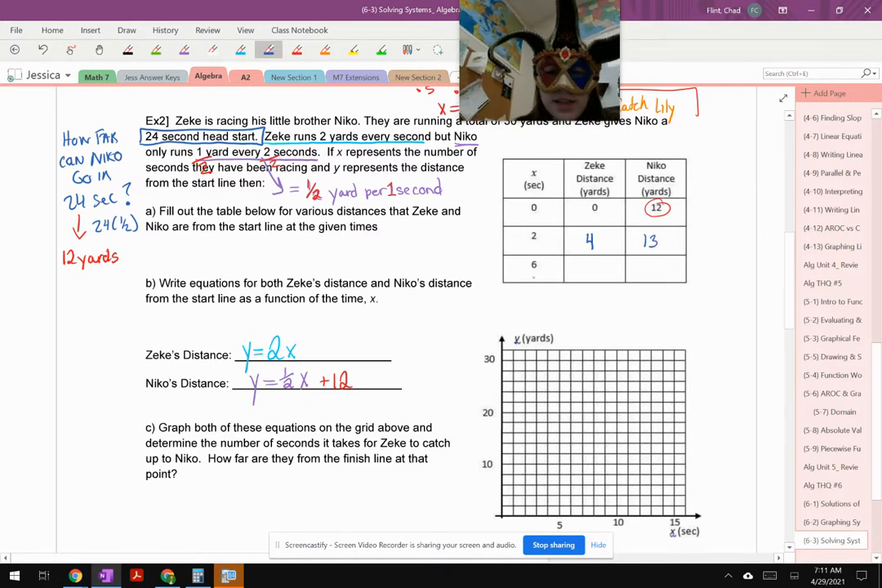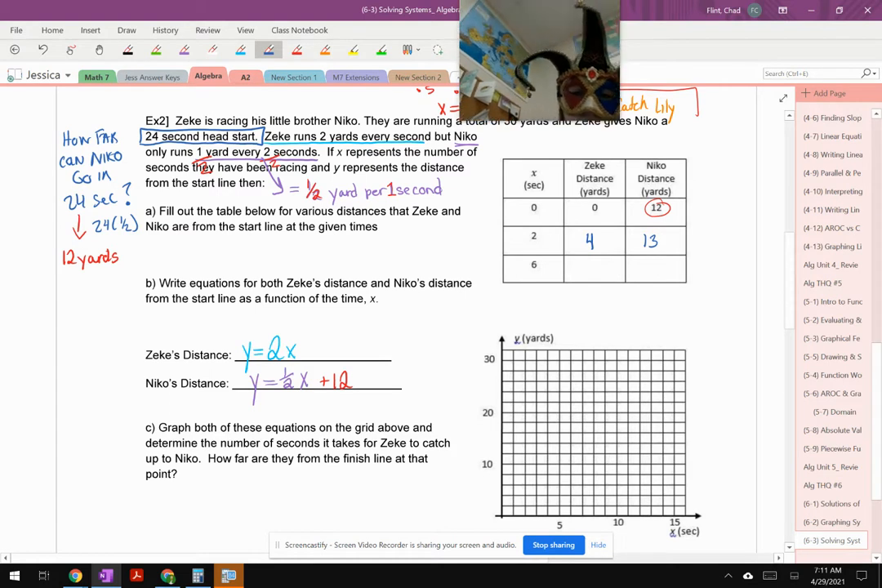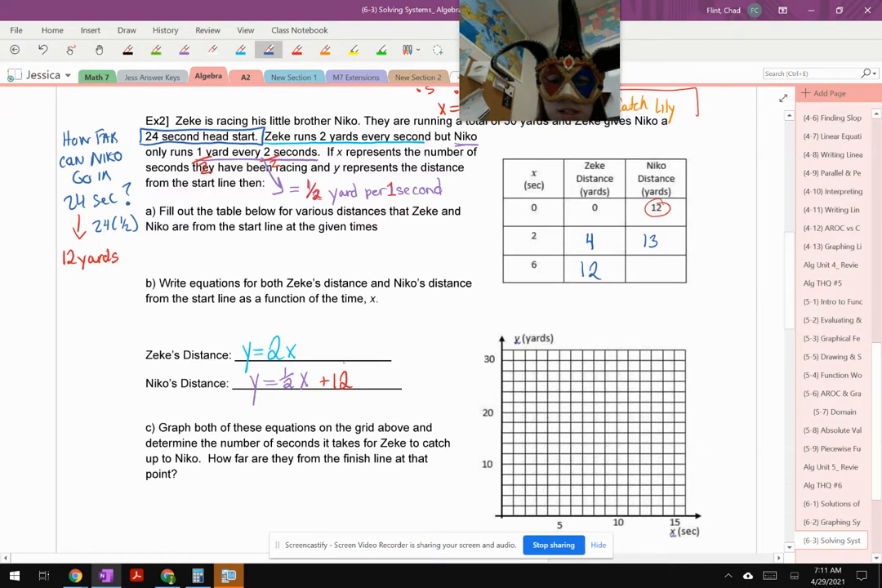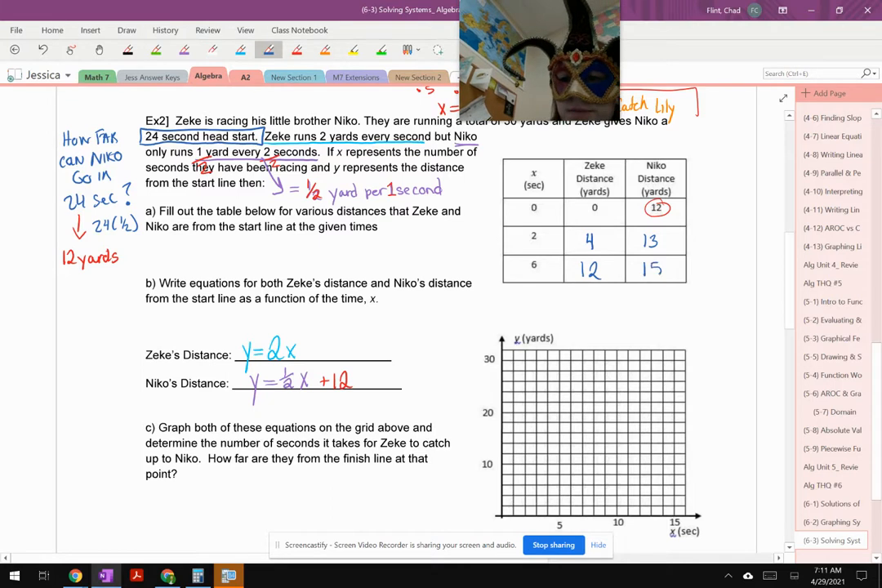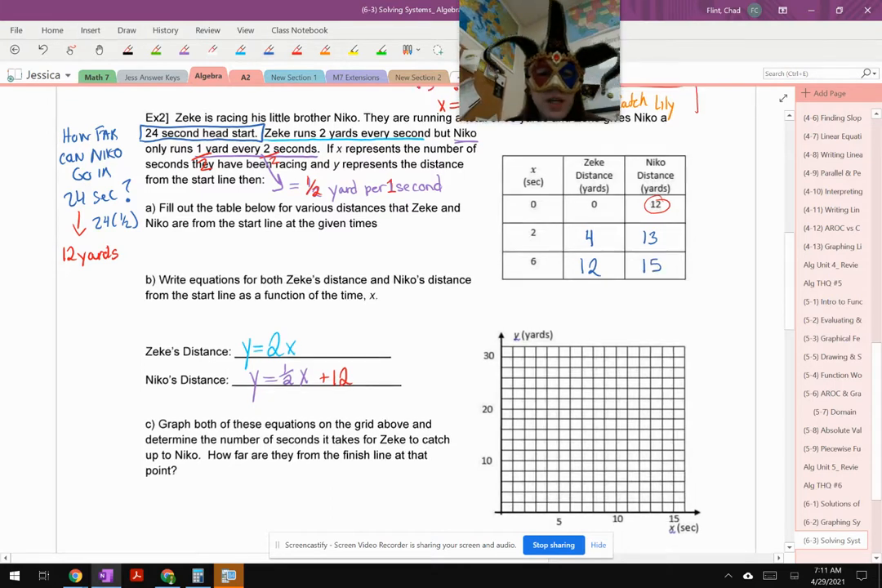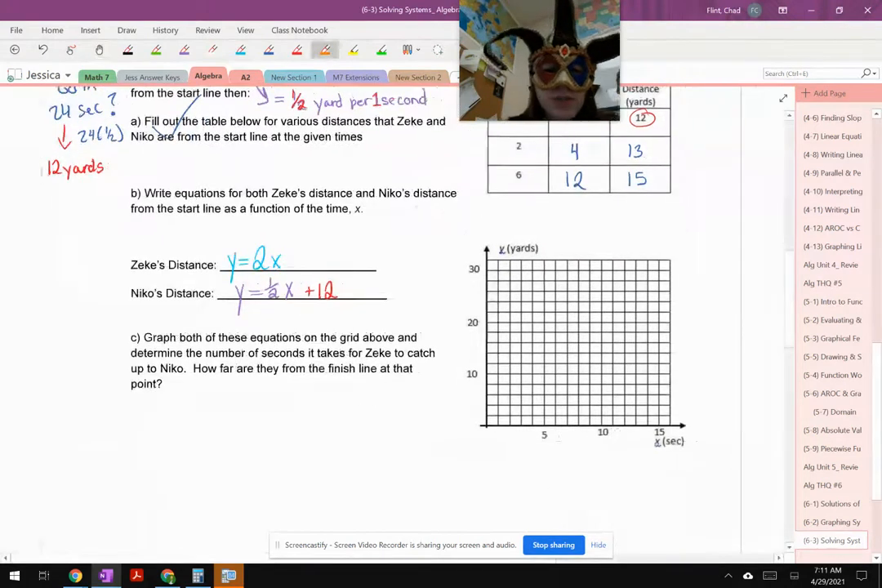At 6 seconds, 6 times 2 for Zeke is 12. And then at 6 seconds for Nico, 6 times 1/2 is 3, 12, 13, 14, 15. Boom, table filled out. Check mark. Write equations,